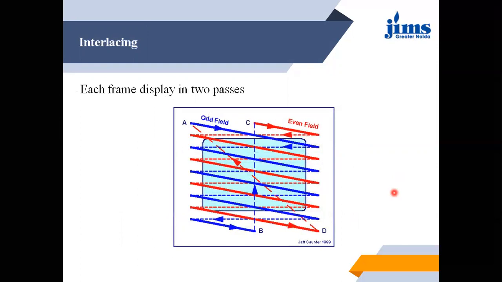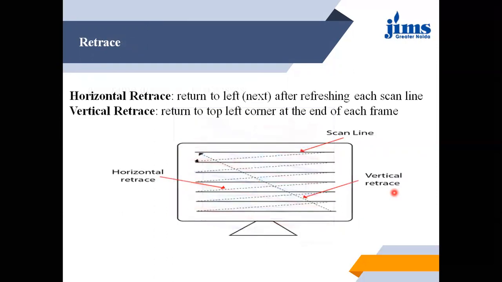Sometimes the beam does not display each and every scan line one by one. As you can see over here, this is scan line number 1, this is 2, this is 3, this is scan line number 4, and this is scan line number 5. So in this, what is happening after scanning scan line number 1, the electron beam is scanning line number 2,